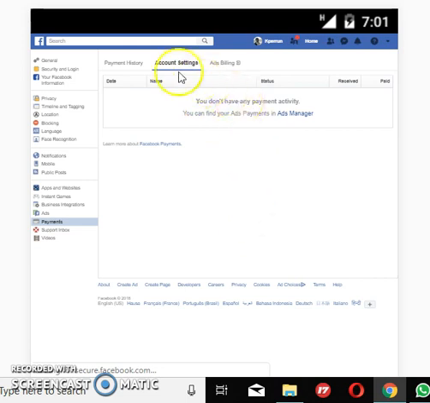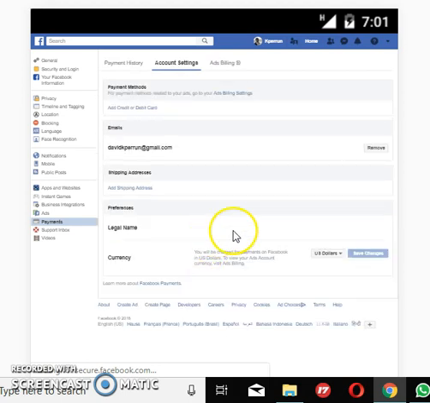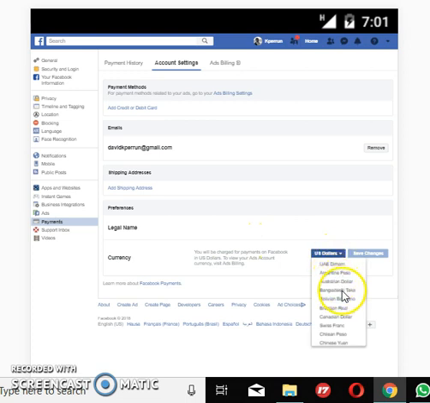Alright, so in my own case here, it's still loading. Okay, fine, so it has loaded. So here it is here, over here. So you see this drop down here to change the current currency. It is actually in US dollars, like you can see over here. It's tagged currency. So when you click on this drop down, actually it shows you a list of options